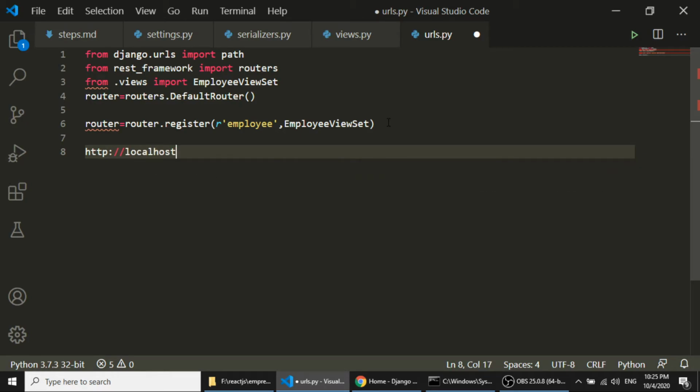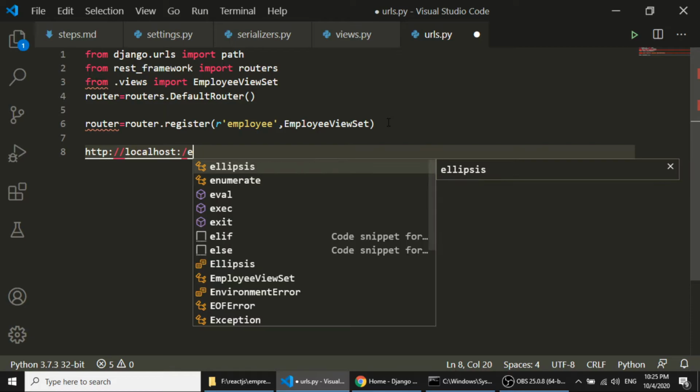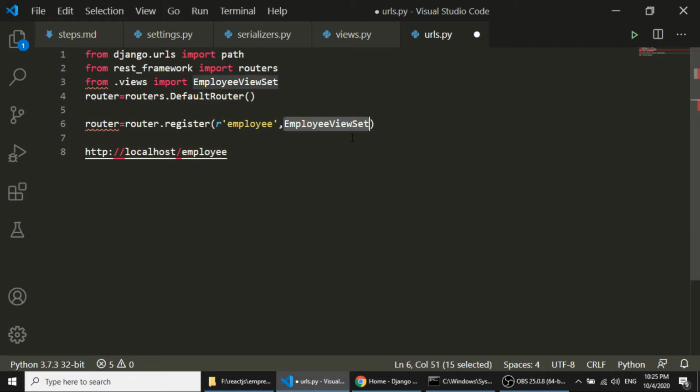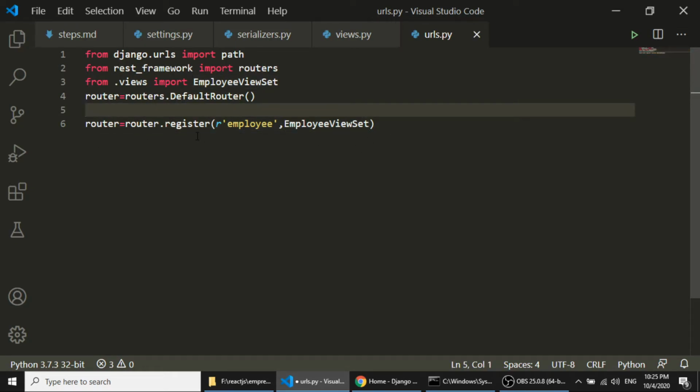When someone goes to this kind of URL, it will show the employee view set data. So this is the default employee, then we will access one, and we can access this kind of endpoint. So this will show the employee view set data. So now we have,